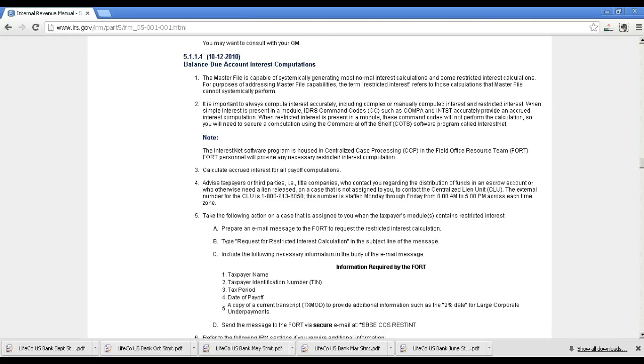So when you are reviewing transcripts, or if you get a CP31 or CP90 in regards to a client that is assessing additional interest and penalties, verify that those calculations are correct. Computers are not infallible, and I believe that you have a fiduciary responsibility to your client to make sure that their balance due account records are accurate,